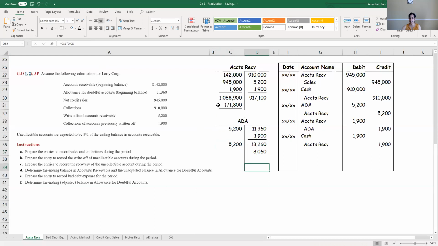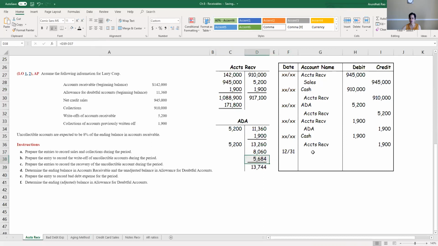So $171,800 times 8%. That's the balance I want at the end of the year. I already have 8,060. This is the desired ending balance. So my journal entry at December 31st is going to be for this balancing figure. The balancing figure over here, I'm going to put this in a different color just to show you where I'm